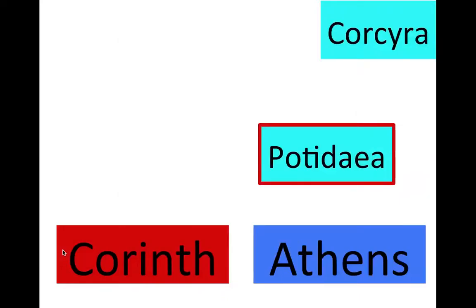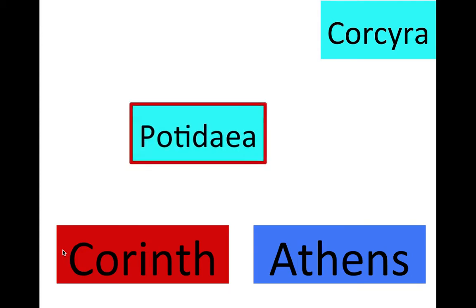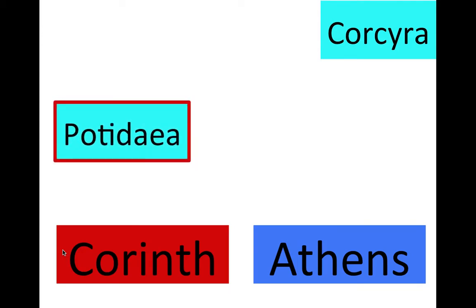Potidaea is similar, in that it's another Corinthian colony, and like many others, it had decided to side with Athens' empire after the Persian Wars. Potidaea wanted to leave the Athenian Empire, and obviously we know how Athens responds to states that simply want to leave the empire. The Athenians sent triremes to siege Potidaea. Now the important thing is Potidaea had Corinthian citizens inside, and the fact that Corinthian citizens were under attack at the time of the debate at Sparta really incensed Corinth. So Corinth is justifiably angered by Athens on two counts.